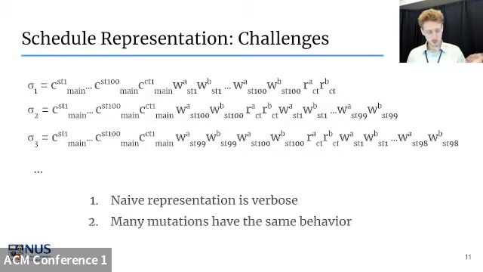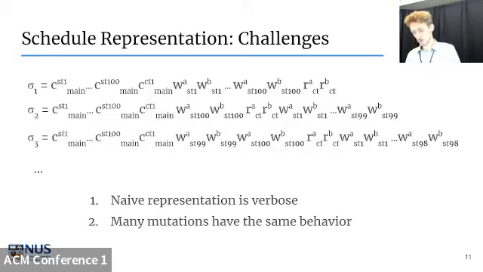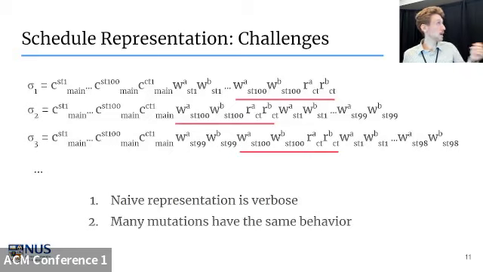The other, maybe more fundamental problem is that a lot of these mutations that we're making to the total order of events are essentially meaningless. So actually, these three schedules that I'm showing here have the same behavior in that program that I showed earlier. And that's because in each case, the reads on the checker thread are just observing the same values from the 100th setter thread in each case. So effectively, if we generated these three schedules, we've just done the same execution behavior 3 times, and this is